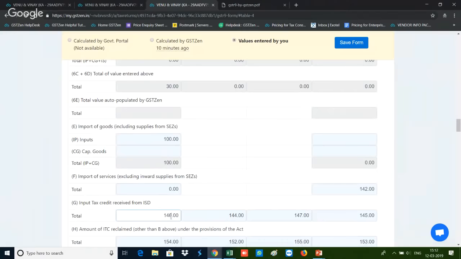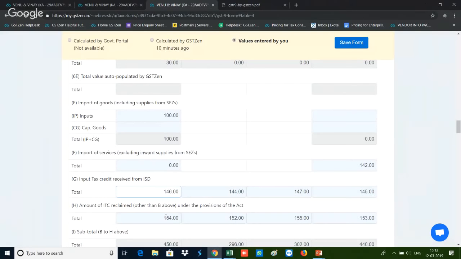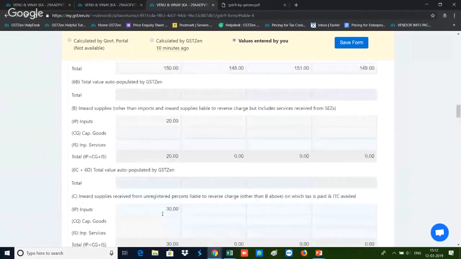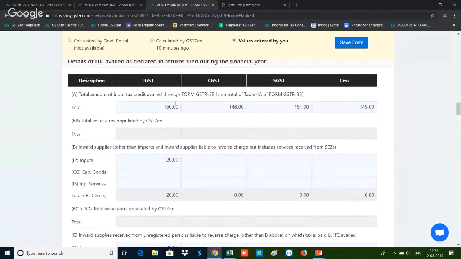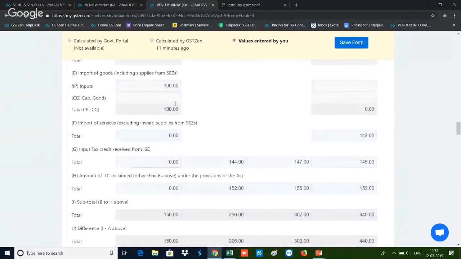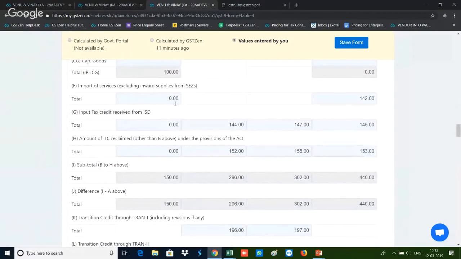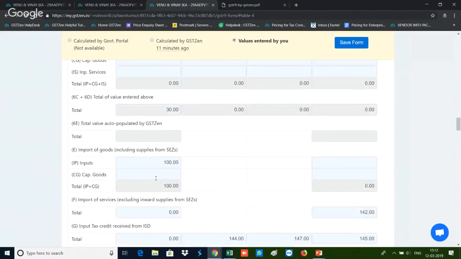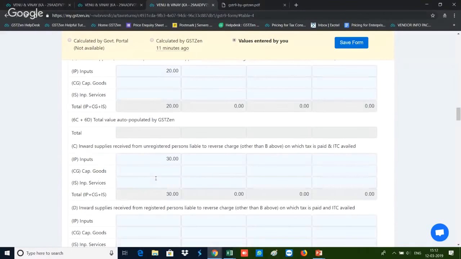So for the ease of our example, I am making small corrections, and as I said, this is a report which is easily correctable. So I have a total input tax credit of 150. The input tax credit of 150 is also reconciling, which my 6A is matching with my 6I. In very few instances there would be a difference on account of reversal and reclaim. However, ideally this should match, and the 150 is further bifurcated between input, capital goods and input